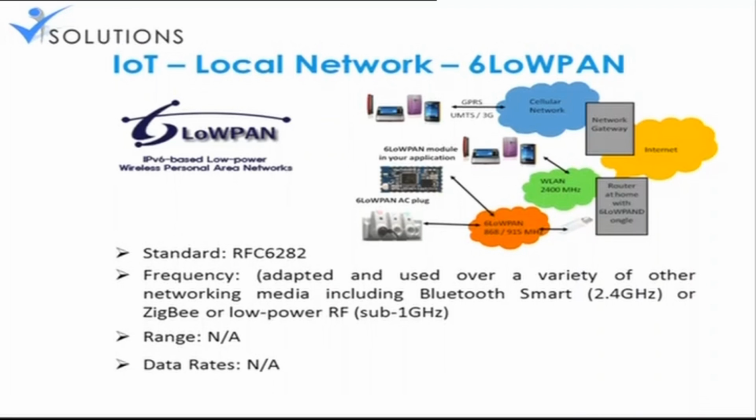Coming to this, you can see that the range is not applicable, which means it can connect at any range, and the data rate can also be increased to any level. The reason is that this can operate in an adaptable frequency range. Depending upon the frequency range available, like white space and everything, it can adapt its frequency. For that reason, your IoT sector is going to be dominated by 6-LoWPAN. It stands for low power wireless personal area network, and as the name suggests, it's only low power.